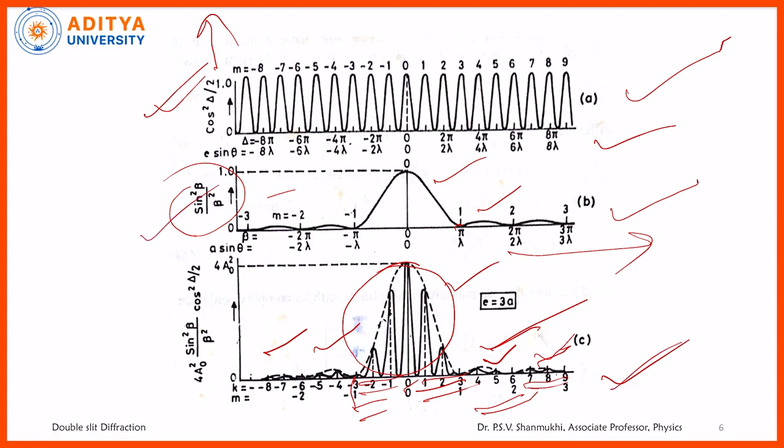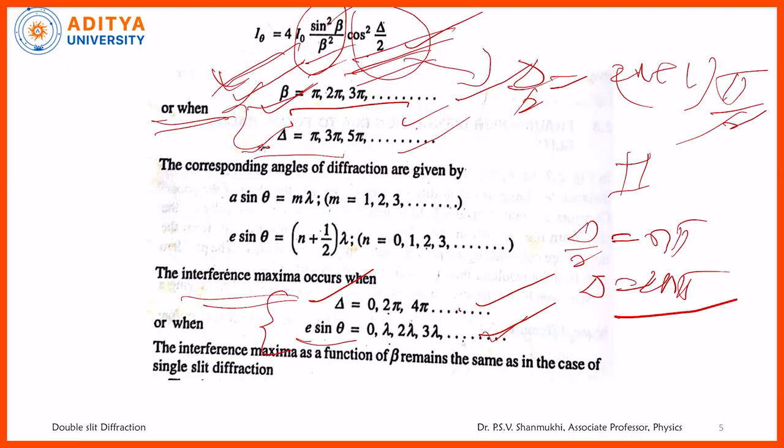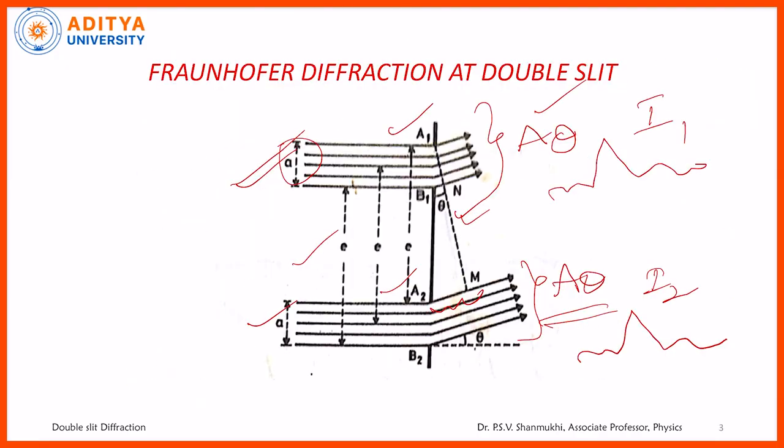These two superimpose, and finally we get the resultant intensity. What I just started is the double slit diagram: two parallel rectangular slits are taken, and their lengths are perpendicular to the plane of the paper. The light rays enter from one side and bend because of diffraction. At each and every slit there is a diffraction pattern. These two diffracted waves superimpose and interfere. Finally, again we get the diffraction pattern, which is what we have analyzed here.